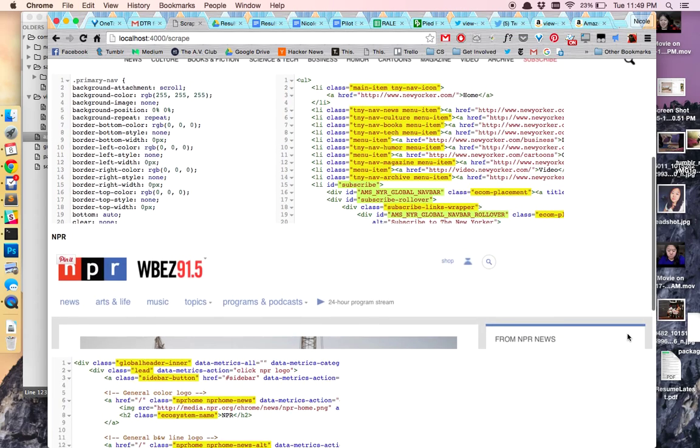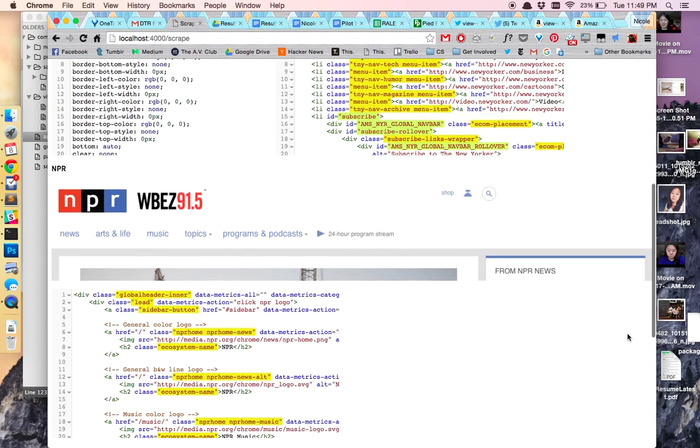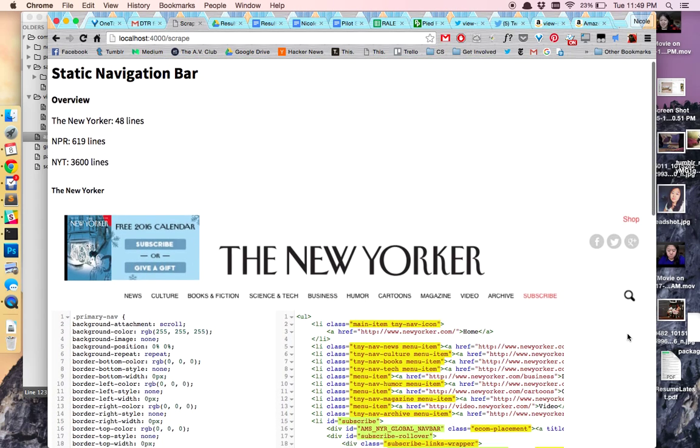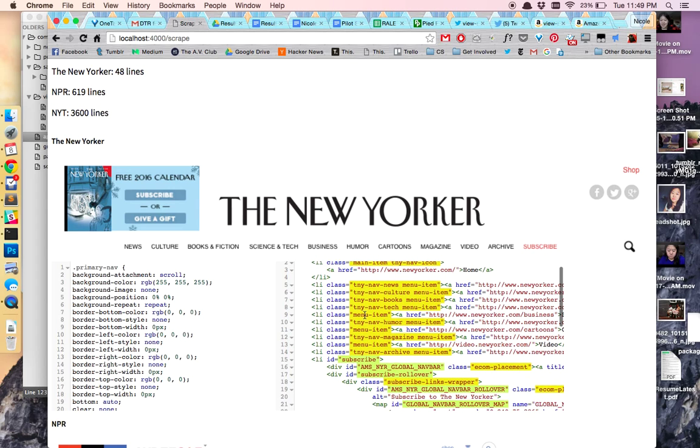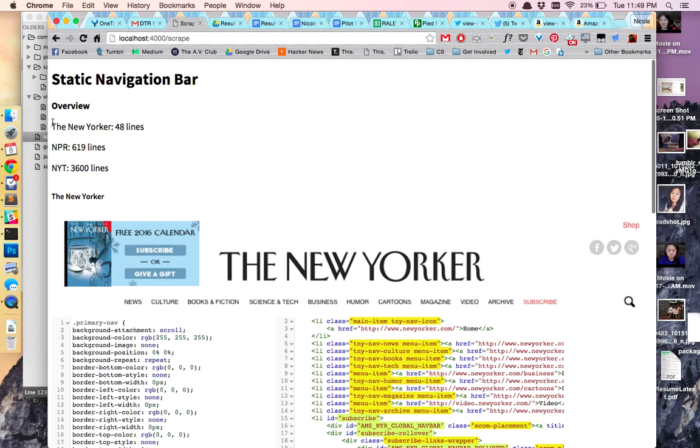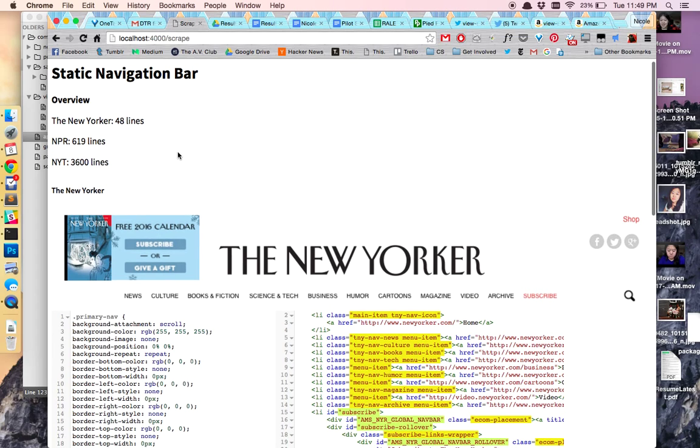various navigation bars across several websites, New Yorker, NPR, and New York Times, and the accompanying CSS for each, and just to demonstrate with some syntax highlighting for classes and IDs in the HTML, and also just a really basic overview of comparing them. So we can see that just in terms of pure line count to implement this, the New Yorker only takes 48 lines, and the New York Times is